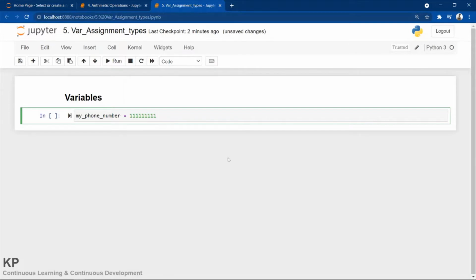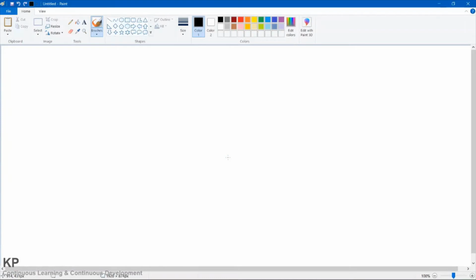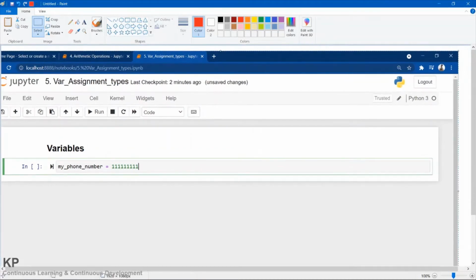I can take a screenshot and open the Paint software and paste it over here. So this was the statement. Let me choose the red color. As you can see, this is my phone number, and I am assigning this phone number to this name.